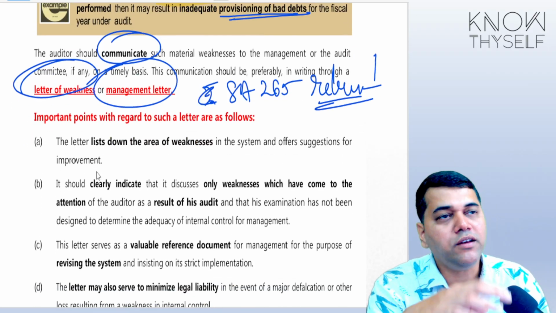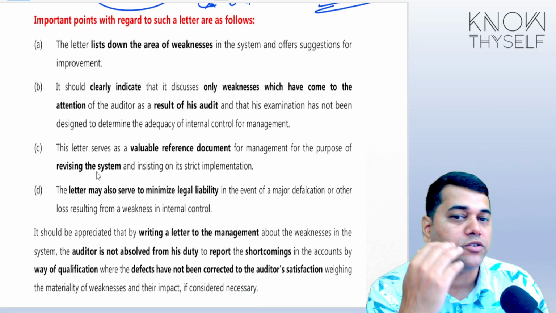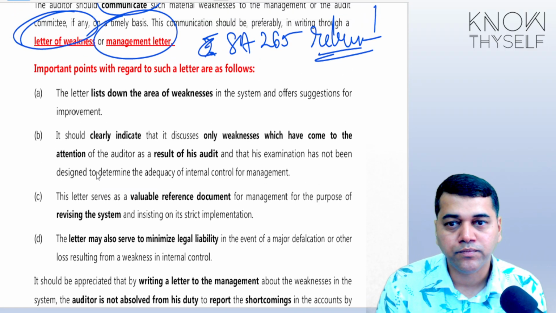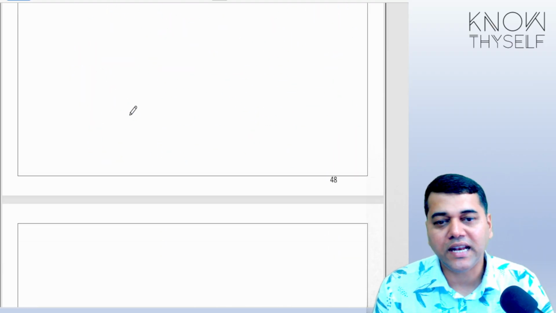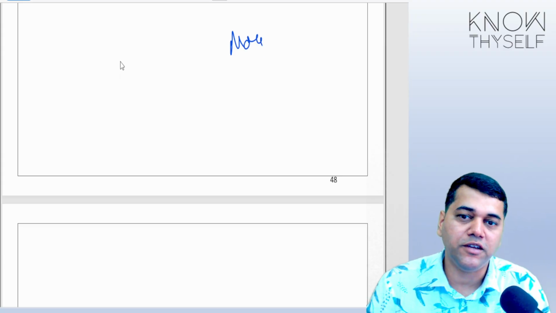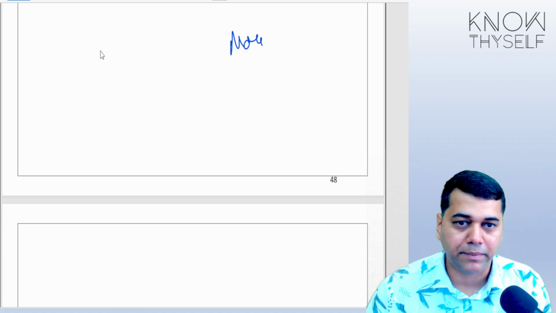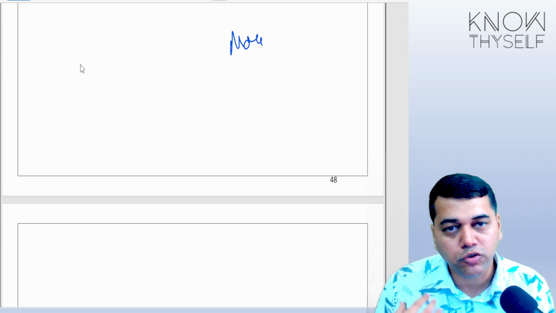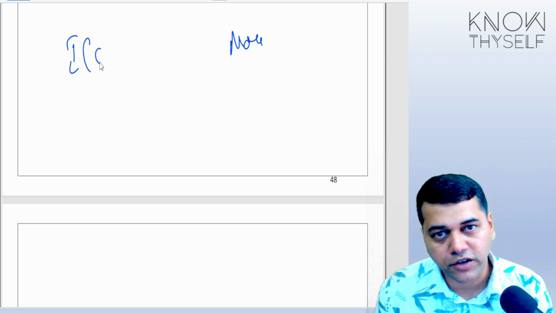Now, whenever you are drafting the letter of weakness, you understood what points you need to draw. Like for example, I understood when I have studied you. I know I can have one mock test at the end, but if I can suggest to you, look, you are lagging behind, you are not preparing. Because if those mistakes are going to affect me, is it going to affect me? Your internal control weakness, you are not preparing. Is it going to affect me? Obviously, right?